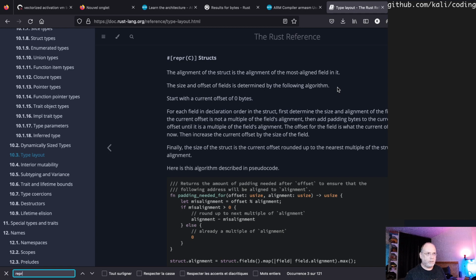Oh, that's fine. The offset for the field is what the current offset is now. Okay. Then increase the current offset by the size of the field. Yes, we've put 2 bytes, so we're counting 2. Finally, oh, and then we start again. For each field in the declaration order of the struct, first determine the size and alignment of the field. If the current offset is not a multiple of the field alignment,